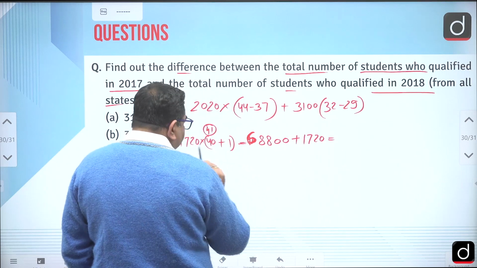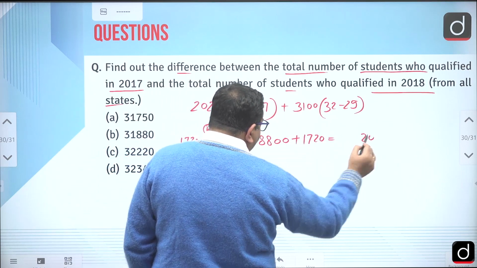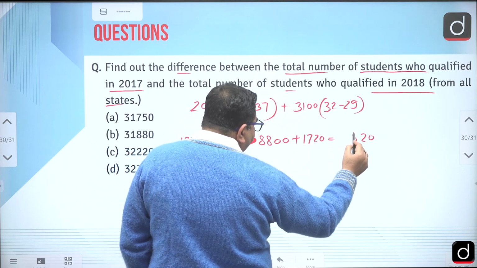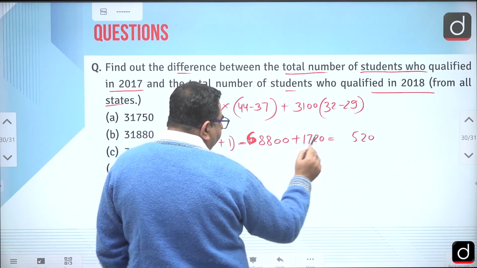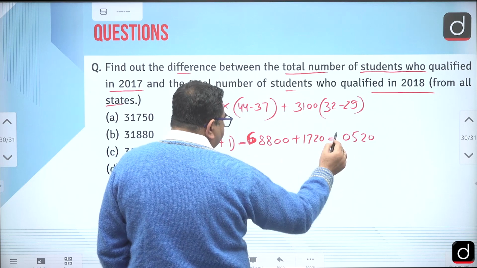So we can see, this is 20, 8 and 7 is 15, carries 1, 9 plus 1 is 10, carries 1, that is